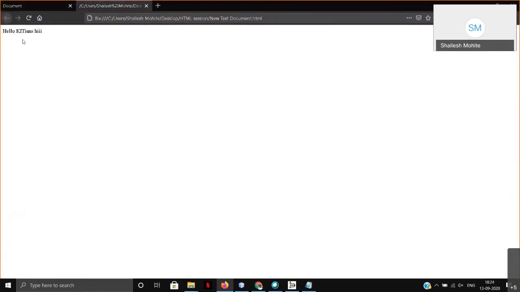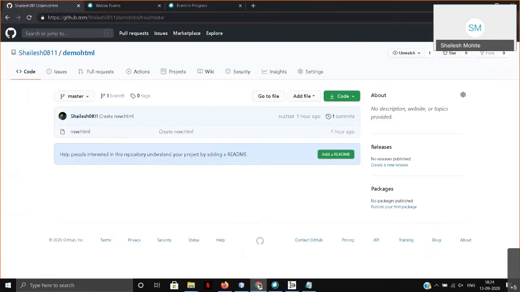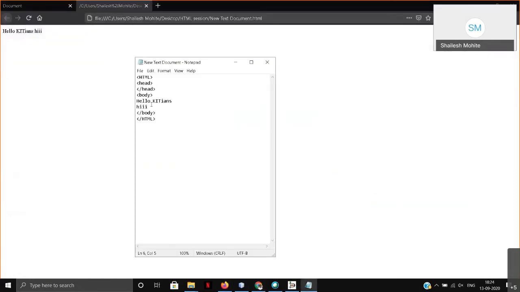You can see here that hello KITNs and hi totally come in a single line. Although we have used the enter key here, or we have gone to the next line, it doesn't show here. So for that reason we should use a BR tag.